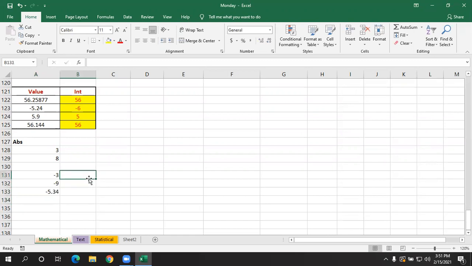You don't want to show the sign. Equals ABS, select the cell address, close the parenthesis, press enter. Then again, click here, click and drag down. See, it is not showing any negative value.